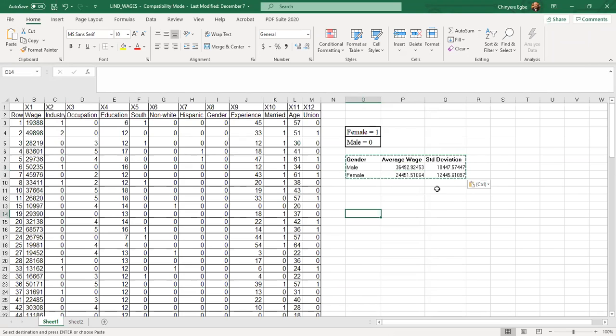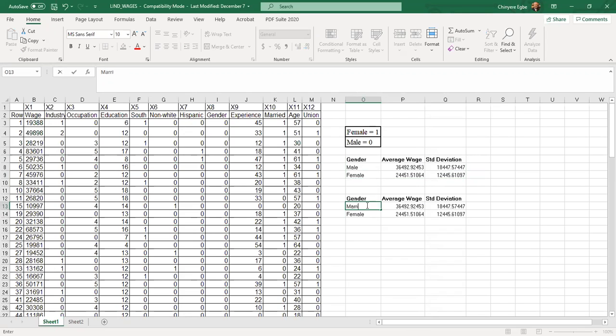You do the same for marital status. So I'm not going to do that. I'm going to have you now use what we just did. Do the same for marital status. Married. Not married. And you sort the data again, and then do the same calculation. In that case, you don't lose what you have.